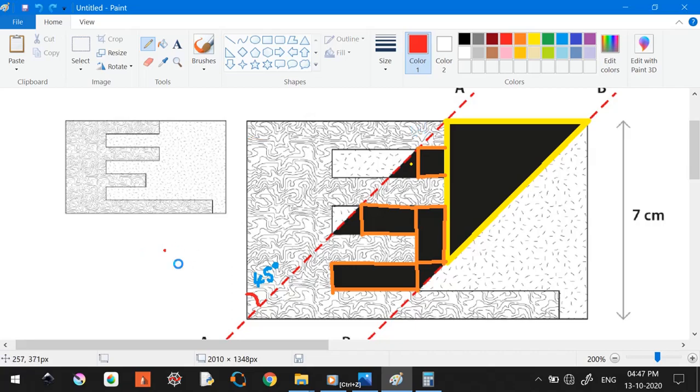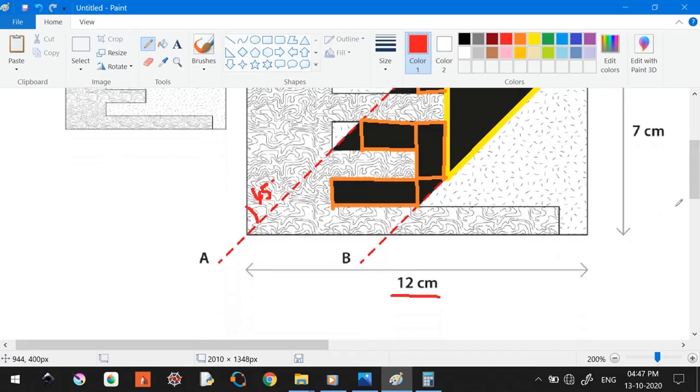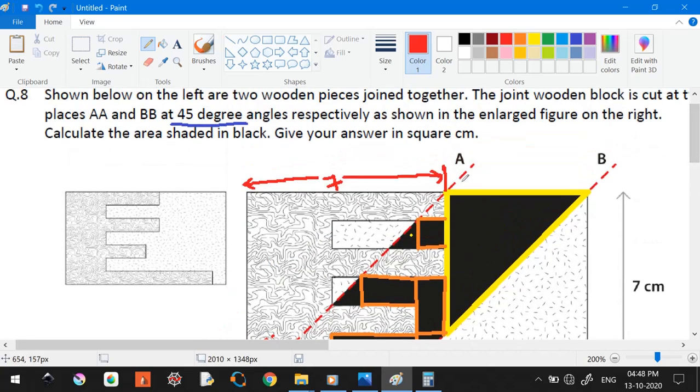If you are not sure with trigonometry values like tan, sine and all, it's okay, you can still solve it, because physically what you need to understand is, if this is 45 degrees, straight away one side length is going to be the other side length also. So this is 7, this much distance. Clear until here where it is cutting? Since the total is 12, the remaining portion here is going to be 12 minus 7, which is going to be 5.